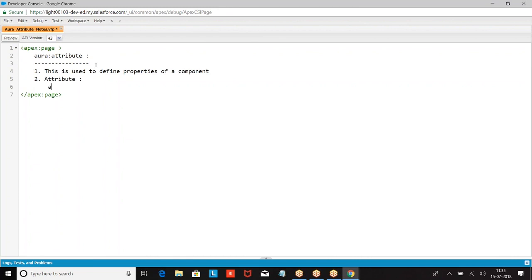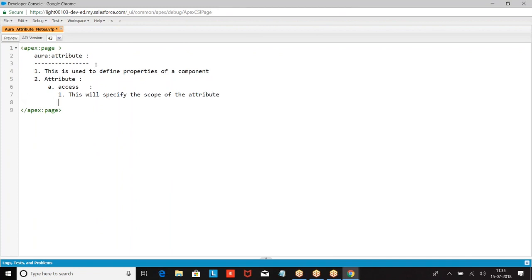First one, access. What is access? This will specify the scope of the attribute.